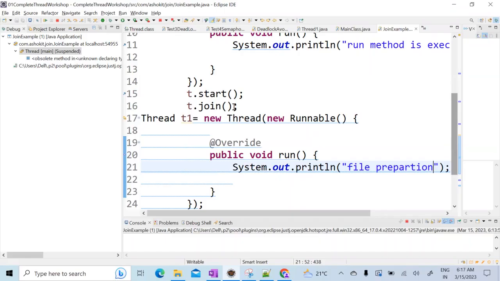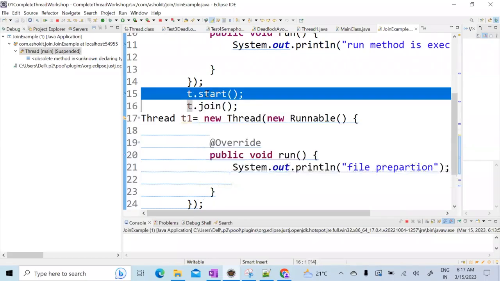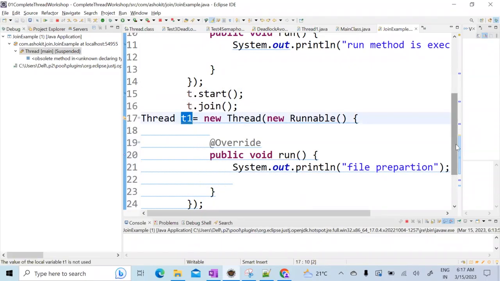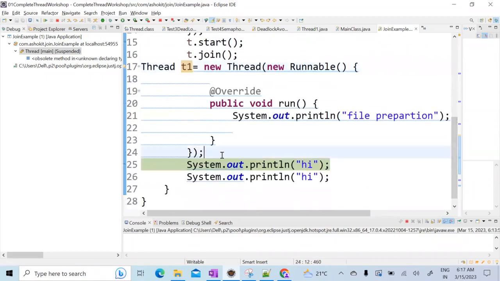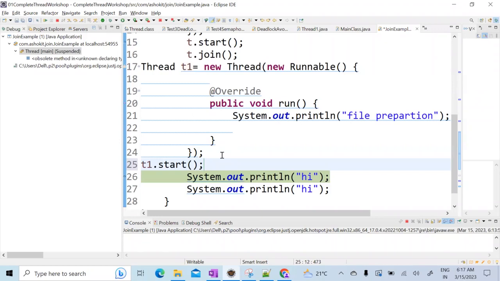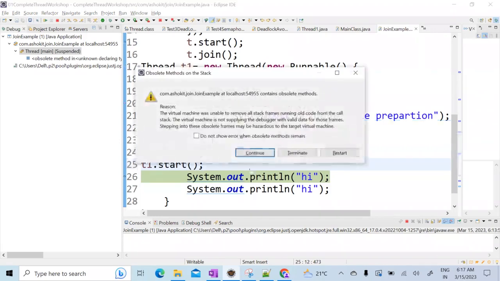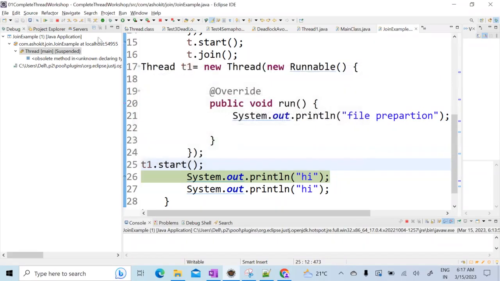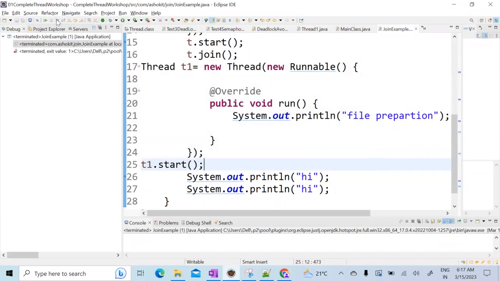So what you need to do is call t.start and t.join. That means the main thread will wait until t is completed, and then it will look at the t1 code, and then t1.start. Then the second thread will execute, correct? So this is the best example of when you can go for a join method. So what will the join method do? Whenever you say t1.join or t.join, the join method is